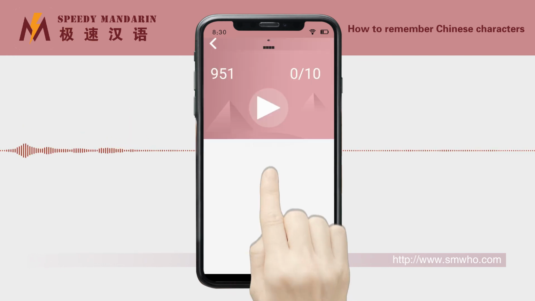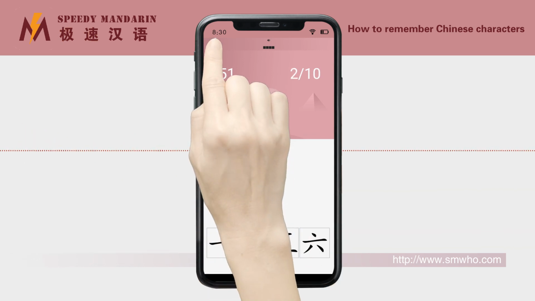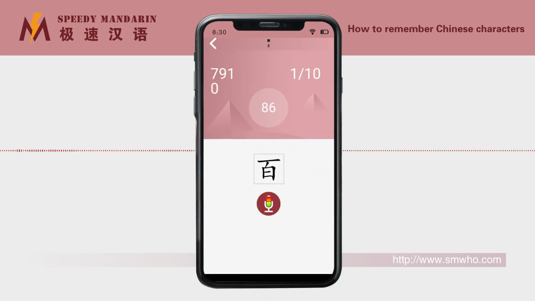The first test is to find the correct Chinese character according to their pronunciation. The second test is reading. This test is a little different from other test scoring methods. It is obtained by multiplying the remaining time and the score of voice evaluation. So, it needs to be read accurately and quickly.